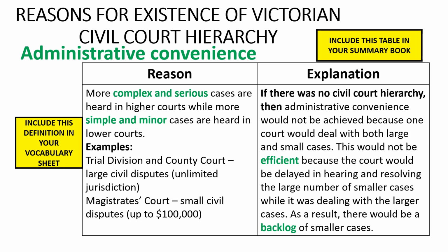So, how is administrative convenience a reason for having a Victorian civil court hierarchy? Well, we can explain this using the counterfactual: if there was no civil court hierarchy, then... Bringing together the explanation I've given you, including the important concepts of efficiency and backlog, we could say, if there was no civil court hierarchy, then administrative convenience would not be achieved because one court would deal with both large